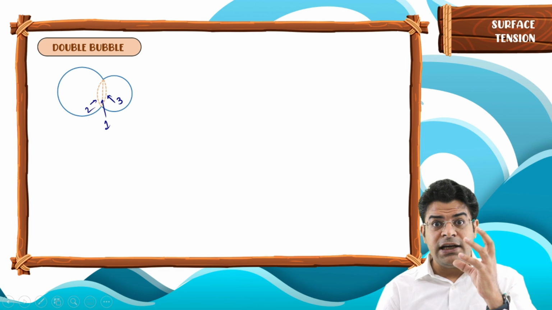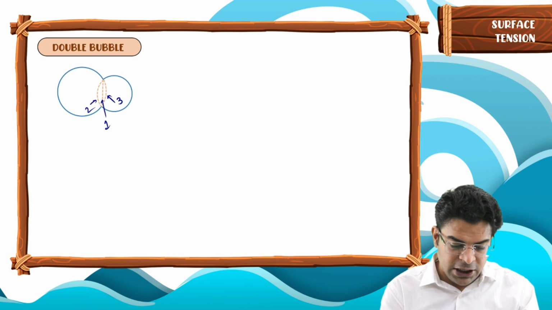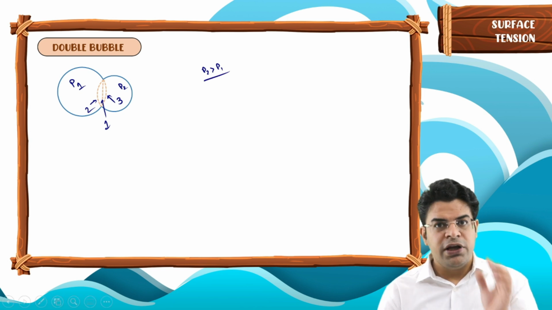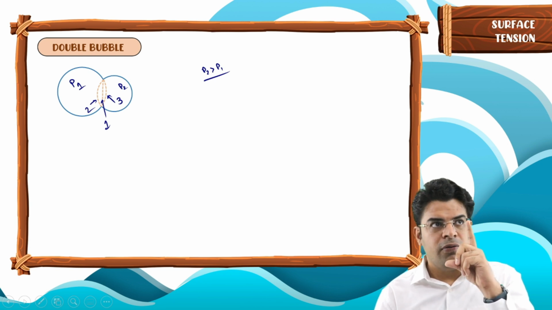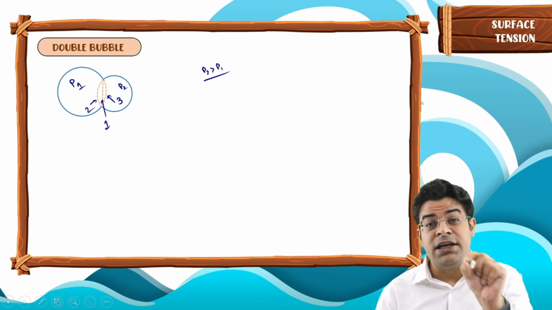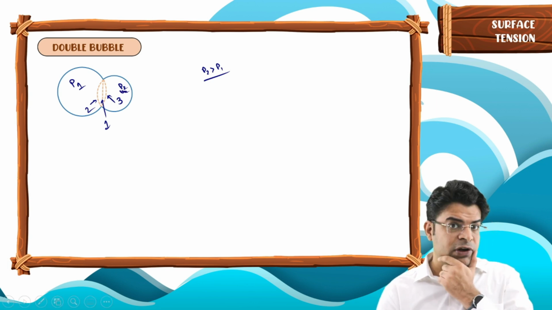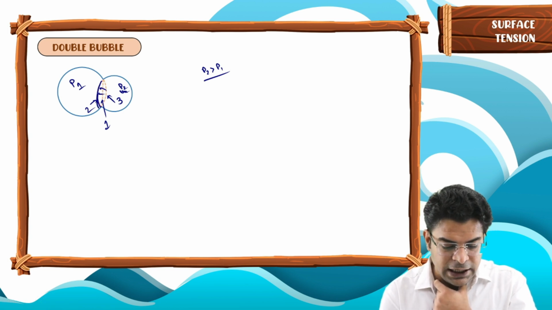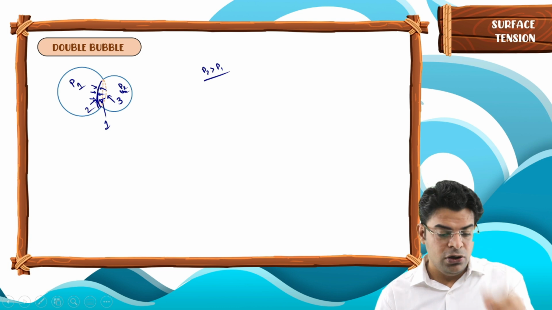Since we know that inside the smaller bubble the pressure will be higher, if I take pressure here as P1 and here P2, P2 has to be more than P1. Now here you have to do reverse engineering. By knowing the curvature, I can tell on which side the pressure is higher. Then by knowing on which side the pressure is higher, I can tell what the curvature will look like. Since the pressure inside this smaller bubble will be larger, the curvature must be like this, because there will be more force from the smaller bubble side, and less force from the other side where the radius is higher, so the pressure is lower.